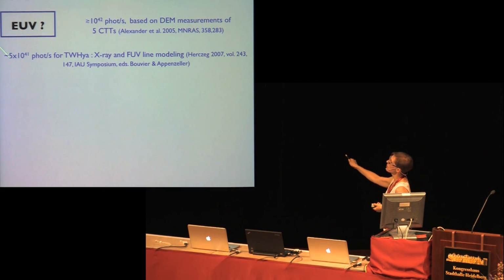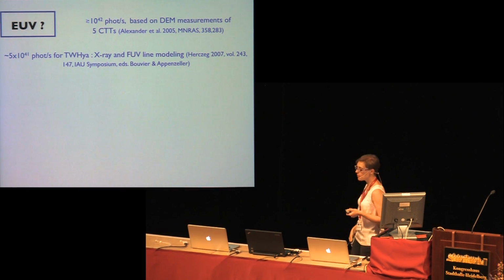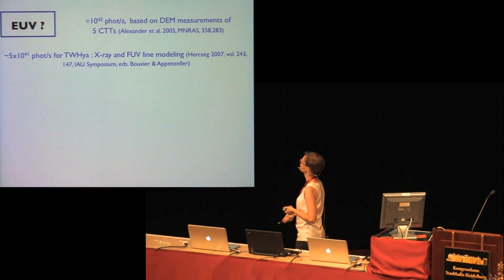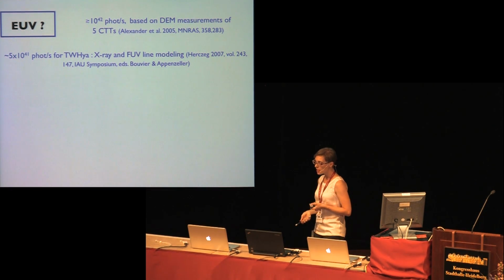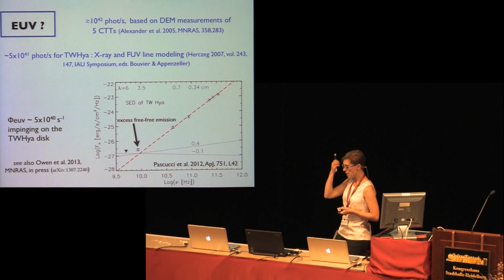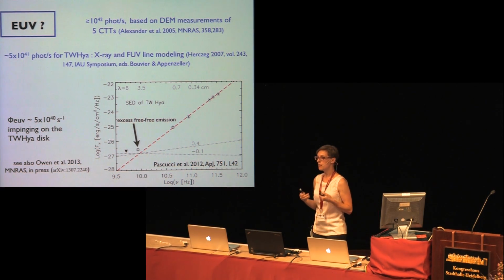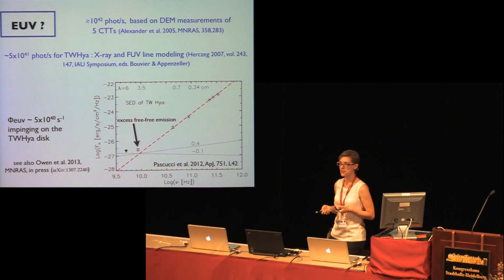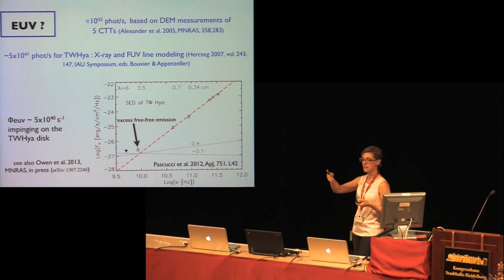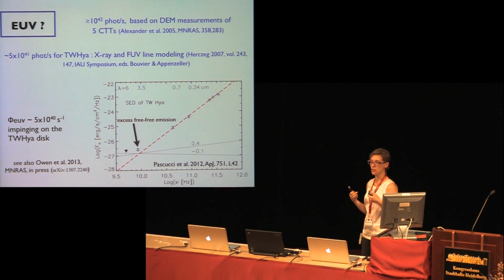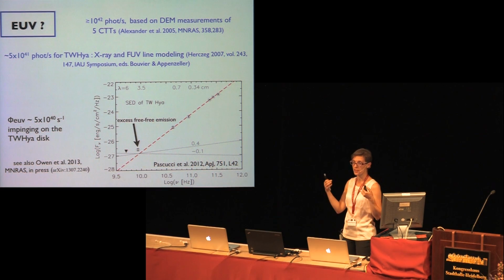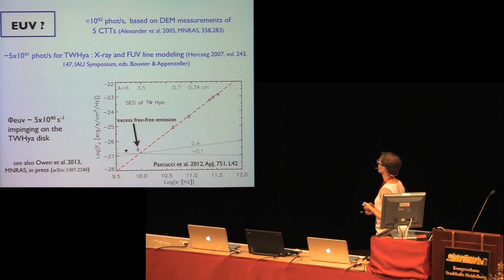And this is a number that came up, a bit lower than what was estimated before. So recently, we actually proposed a new idea. We first of all calculated the free emission that an ionized or partially ionized disk surface can produce. We found that it is actually measurable with current instruments. So we went back to the literature, and we looked in particular at this object, TW Hydra, which is a